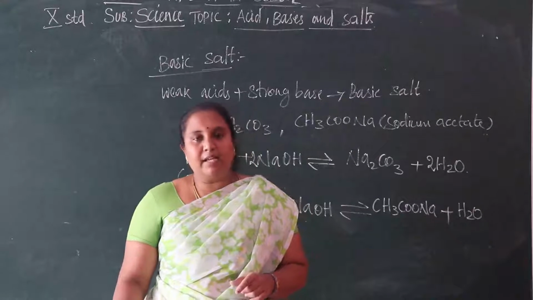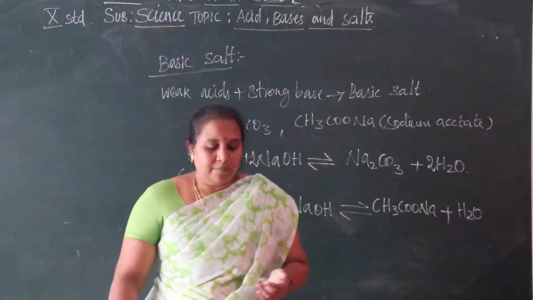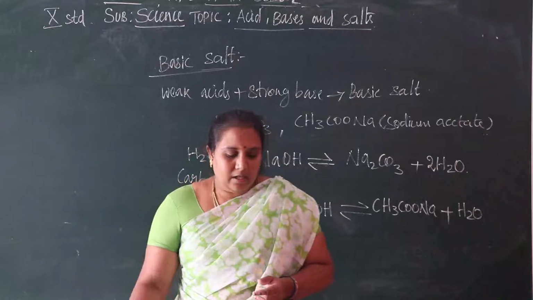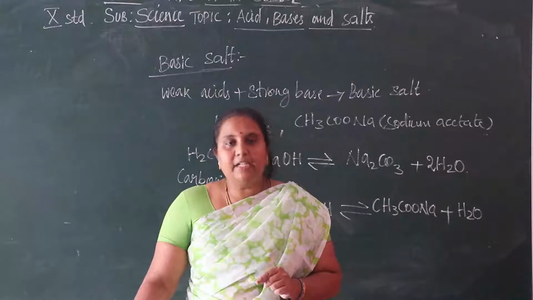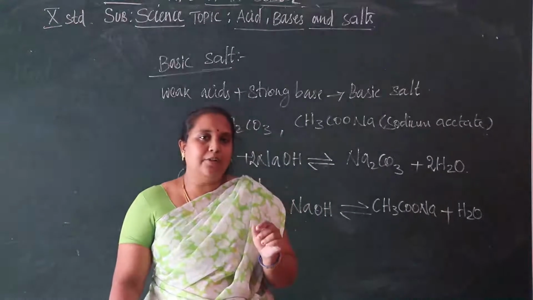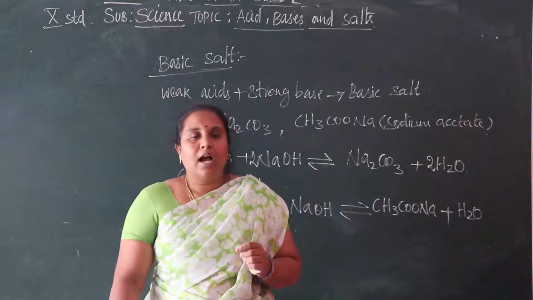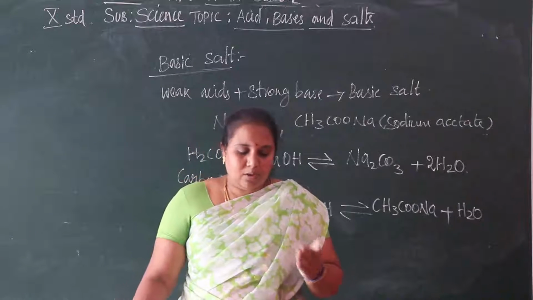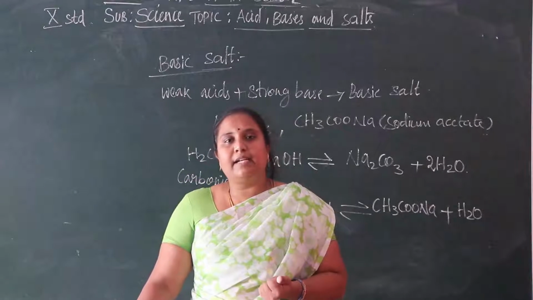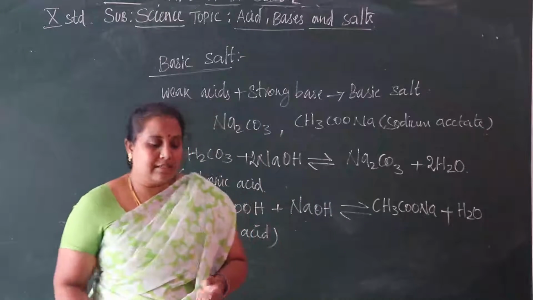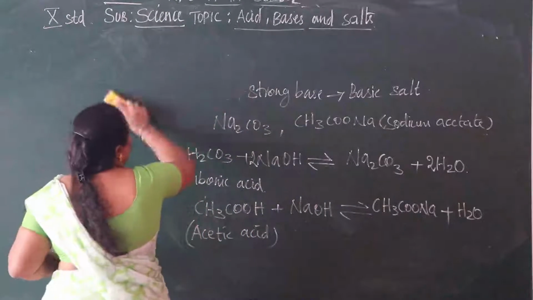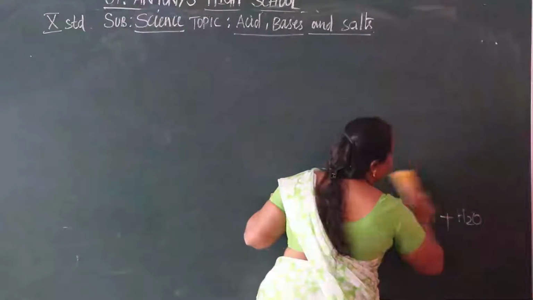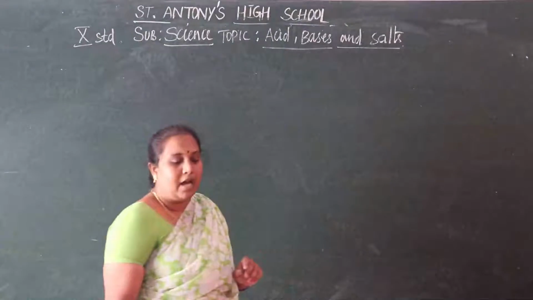It is obtained by the electrolysis of brine solution. In this process, we obtain chlorine at the anode, and at the cathode we obtain hydrogen gas. This whole process we can say is the chlor-alkali process. Let us see about the chlor-alkali process, and how to obtain sodium hydroxide here.